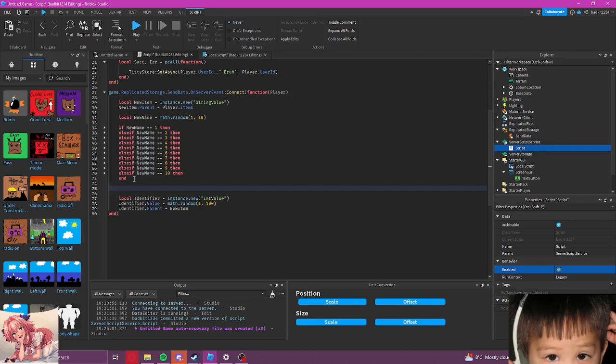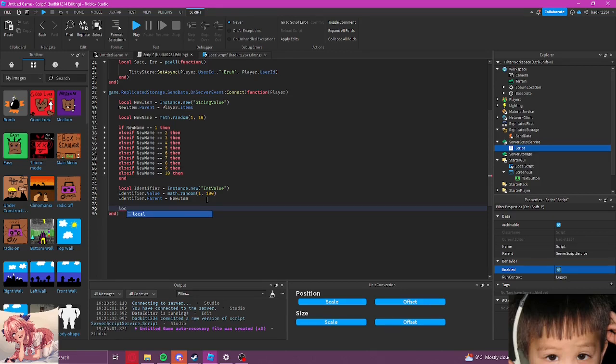Alright, so we have our identifier, and now we're going to do the exact same thing as we did here, and create a different value for if it's broken or clean, kind of like how CS:GO does their stuff with factory new, but we're going to make it a little bit simpler.